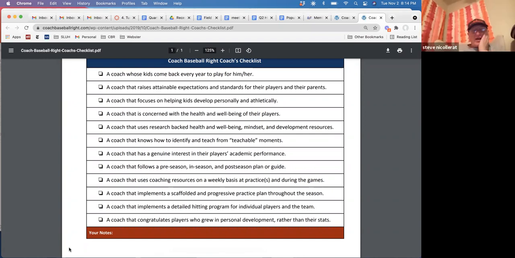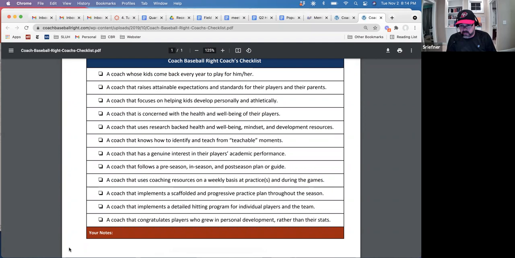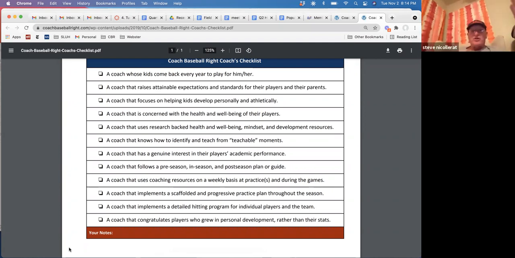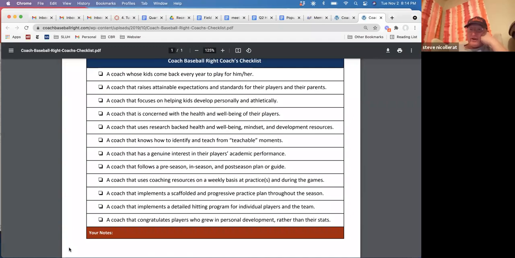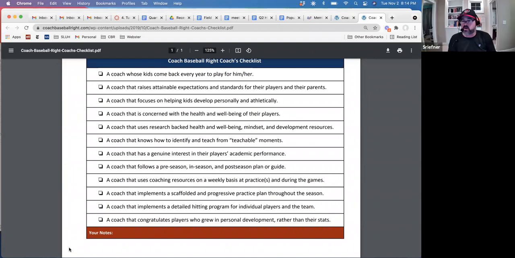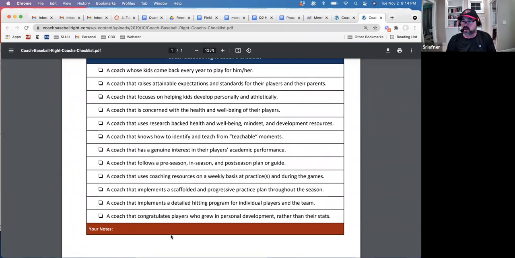Yeah, so it's kind of like giving the guys a roadmap and saying, hey, this is who you want to be. This is what good coaches do. Because a lot of guys are interested, they want to coach, but they don't have a picture of where they're going. So you give them this, and now it's like, okay, now you got to start. Now make it your own. But here's a lot of the bullet points to hit on.